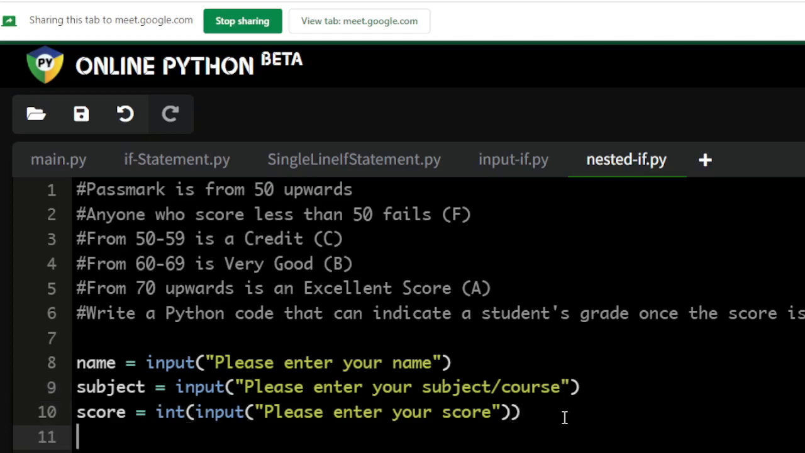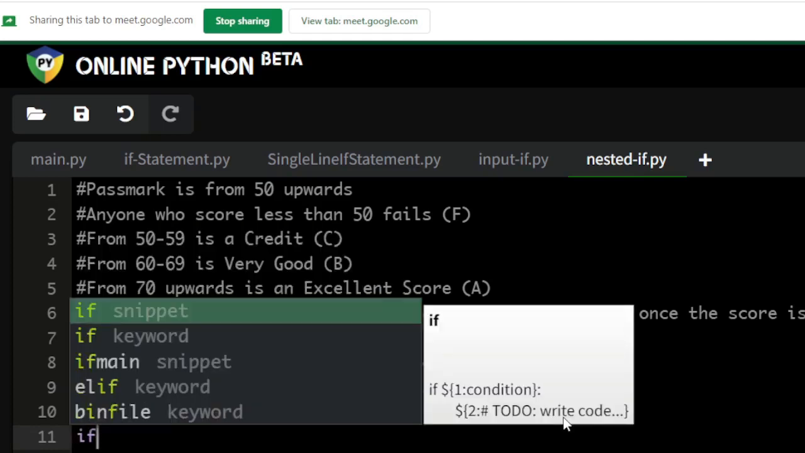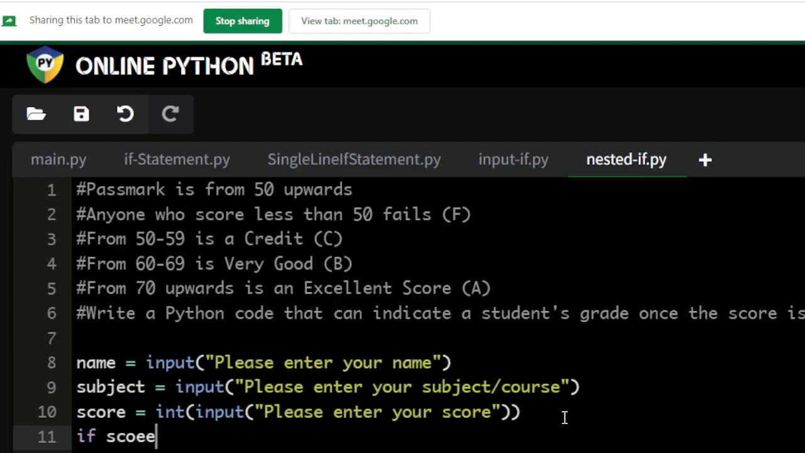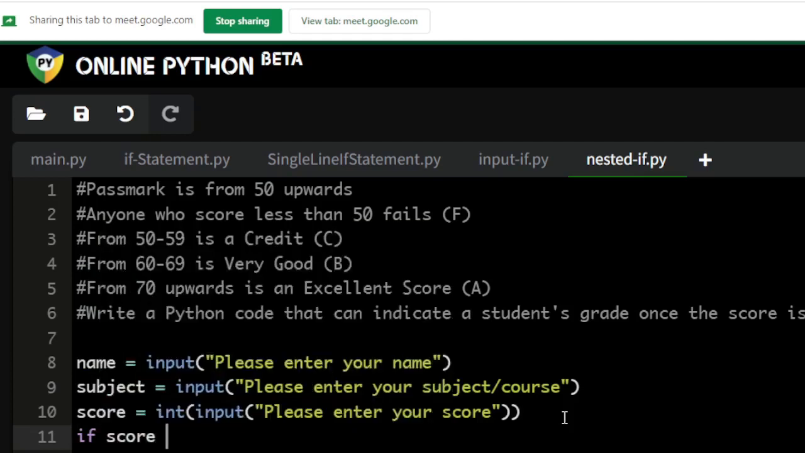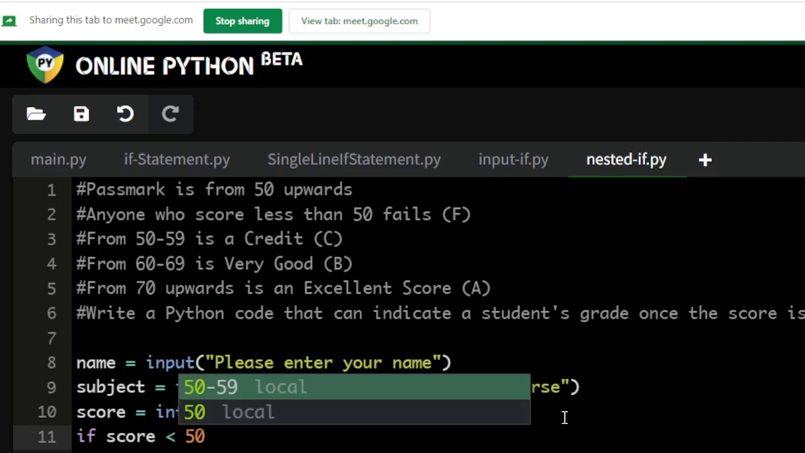Now the next part of the program is okay. We are going to collect the person's name, the subject, and then the score. What are we going to do with it? We begin with the condition that if the score is less than 50, if the score is anything less than 50,